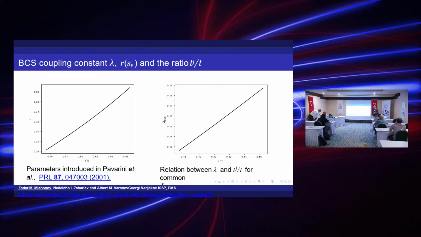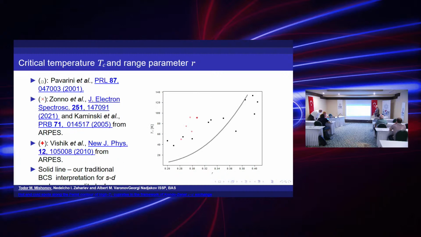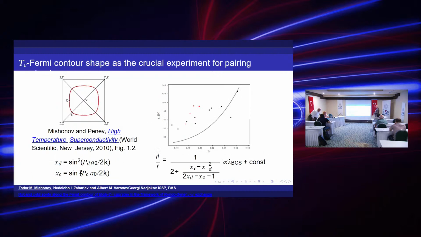electron band calculations? This is the Pavarini-Anderson correlation between the shape of the Fermi contour and the critical temperature. We know that practically all phase transitions are created by some interaction. But how is it possible for the shape of the Fermi surface, which is a property of non-interacting electrons, to correlate so perfectly